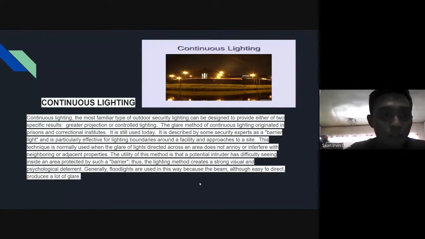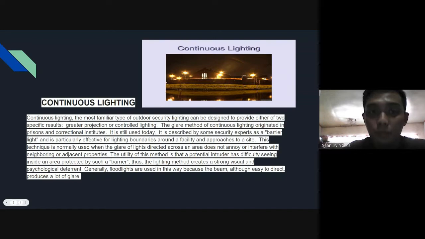Continuous lighting. Continuous lighting, the most familiar type of outdoor security lighting, can be designed to provide either of two specific results: greater projection or controlled lighting. The glare method of continuous lighting originated in prisons and correctional institutes. It is still used today, so meaning it's the kind of light that doesn't stop. It is mainly for security purposes, mainly used for penitentiaries and